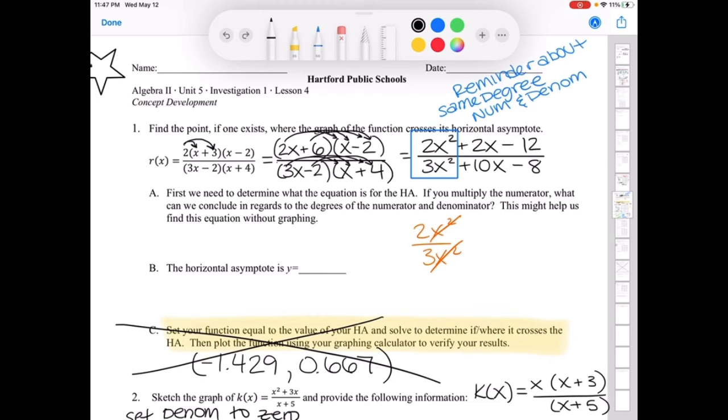I like to keep the whole term when I'm doing this, because it's another reminder that if my numerator and denominator don't have the same degree, then they're not going to be able to neutralize and create 1. So x squared over x squared is going to neutralize and give me that 2/3. That tells me my horizontal asymptote is y is equal to 2/3, and you can write that right here. But now it asks us to find, okay, where on the graph does this function cross its